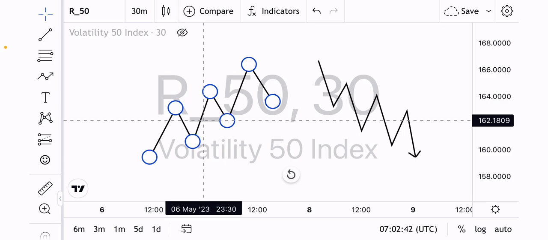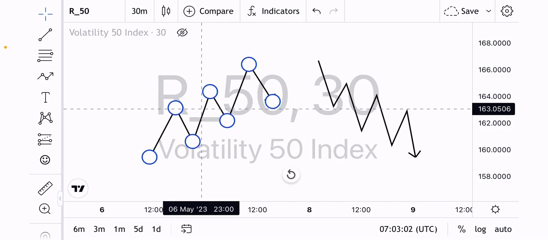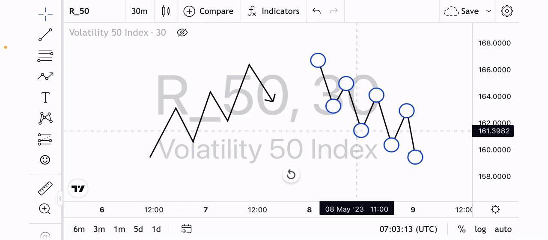But here, what I just want to teach you is external liquidity. We shouldn't be talking much on major liquidity, because I already made a video concerning that. So the external liquidity, I really want you to get it, guys. In an uptrend, our external liquidity is the highs. In an uptrend, we are expecting the market to violate the highs and not the lows. While in a downtrend, our external liquidity are the lows.